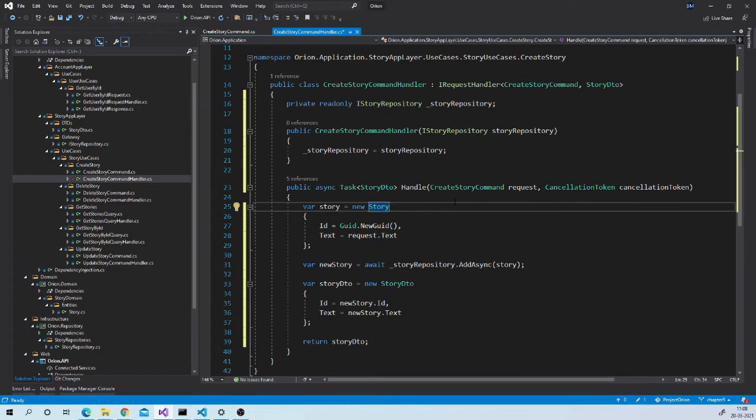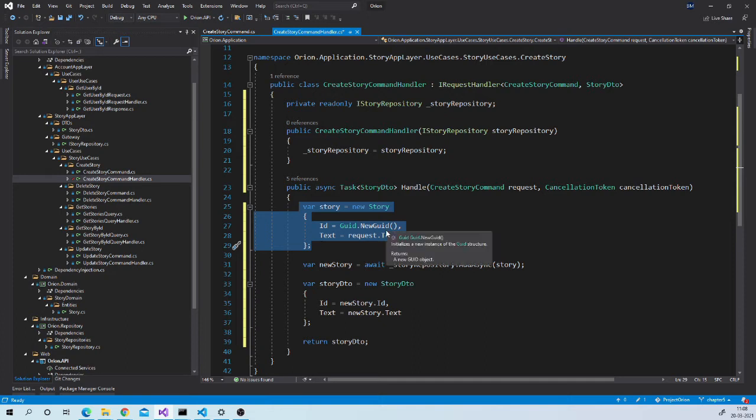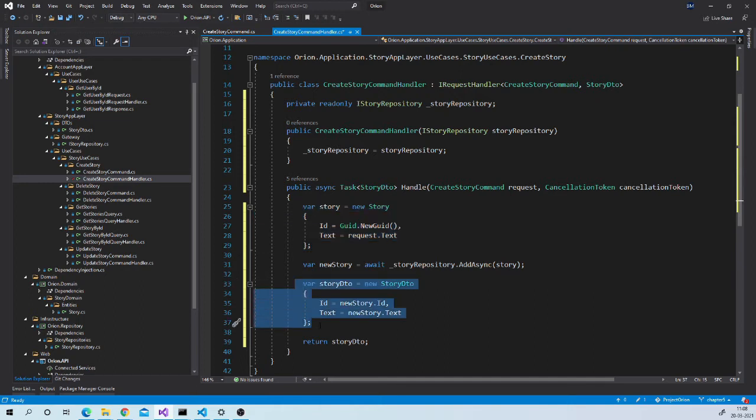Here are a few important things that I would like to discuss. The very first thing is this. You may notice that we are copying our request object to our domain object. Then again we are copying our domain object to a DTO object. So this sort of code is known as left right code. Now there are only two properties, but in real life there can be 20 properties in that object. So this code will grow and the code will go ugly. To eliminate that, we can use packages like Automapper or Mapster.